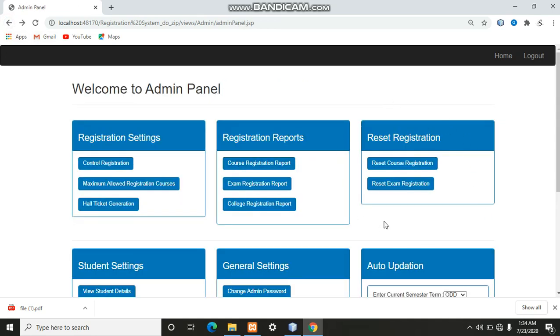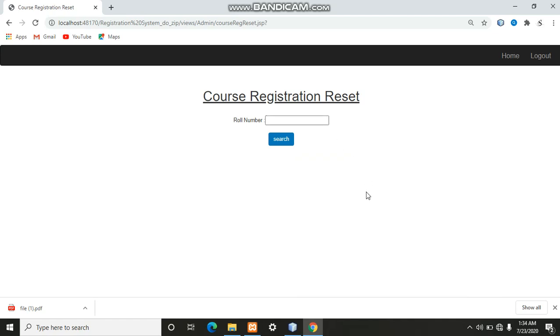After this, in reset registration, by clicking on the first option, that is reset course registration, the registration of any particular student can be reset. That means all the data saved for the particular student for the total number of courses can be deleted from here.